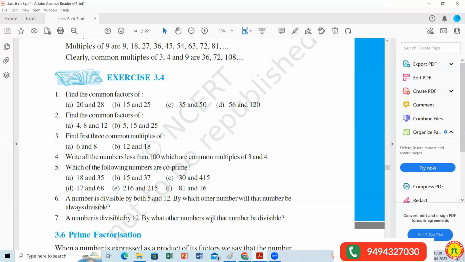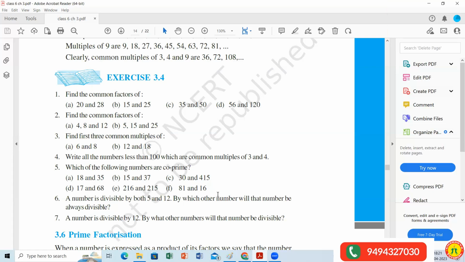This is the application part of your previous part. A number is divisible by both 5 and 12. The word divisible means? That it can be divided. So you see, children, if any number is divisible by both the numbers, the product is also always divisible. The product of 5 and 12 is the number that should be always divisible by